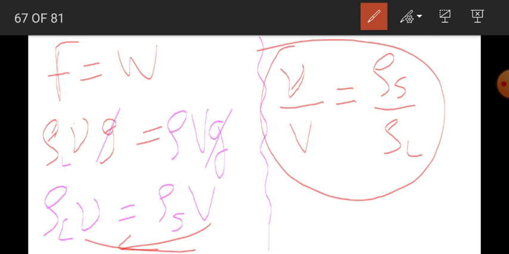And basically what have we done? We used the upthrust formula. Apparent weight is 0, and then we put the formula for the weight and the upthrust. g gets cancelled, and what remains is the ratio of volume and density. So based on this formula there are numericals. Let me show you those numericals.